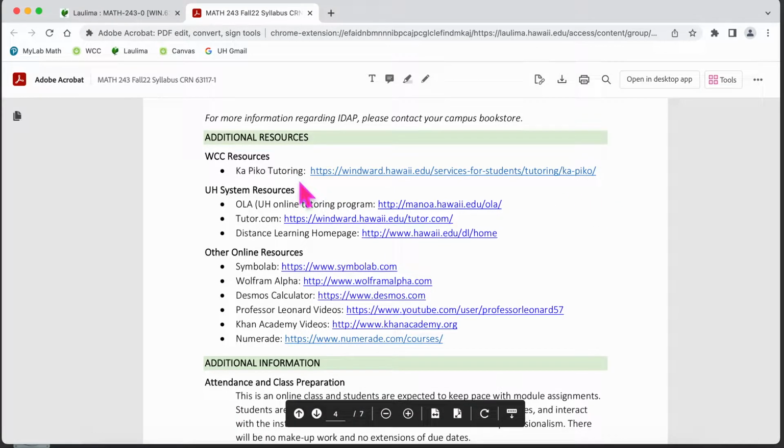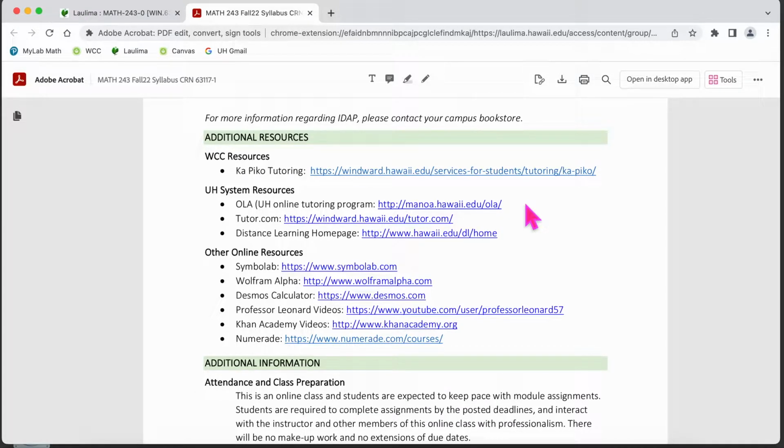At WCC, we have the Kapiolani Tutoring Center, so these are live tutors. In prior semesters, they used Zoom to meet with students, but they may be trying different platforms, such as Google Meet. And then we have some UH resources. The first 2 are live tutors. The last one is just some reference for the distance homepage.